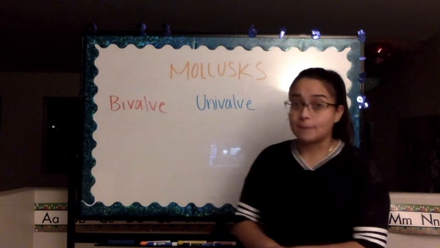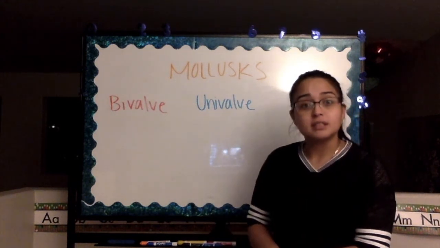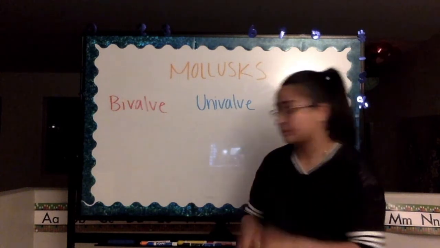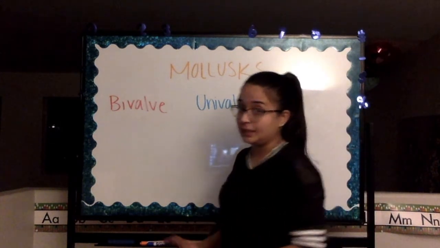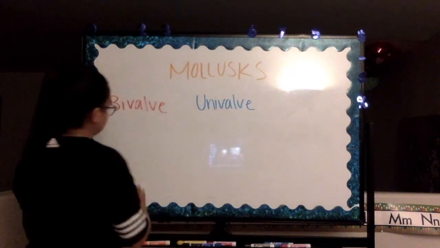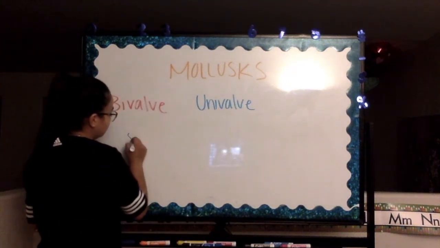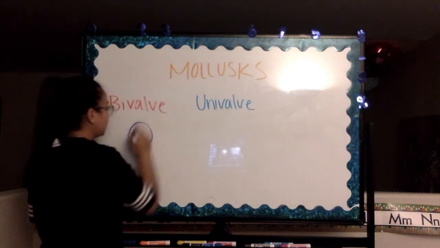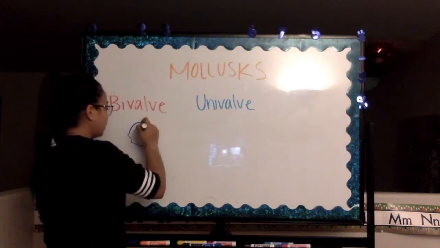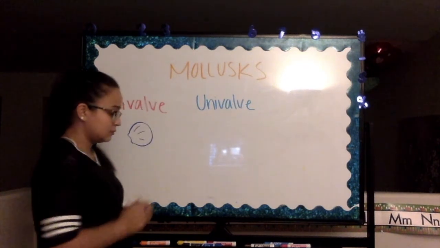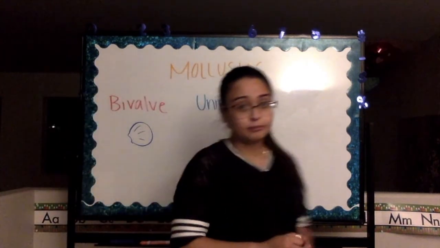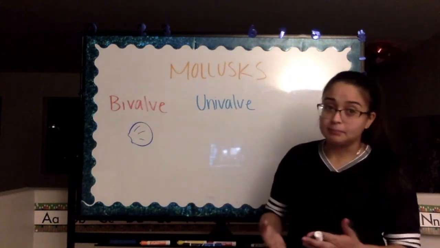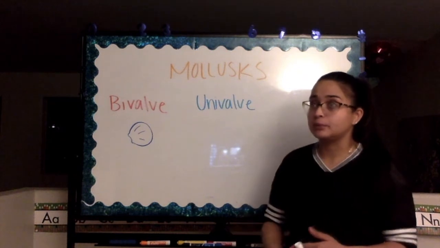Bivalve mollusks are mollusks that are usually hinged together by 2 shells. For example, a clam. A clam usually has a wedged foot. Now, have you ever opened a clam? For example, an oyster